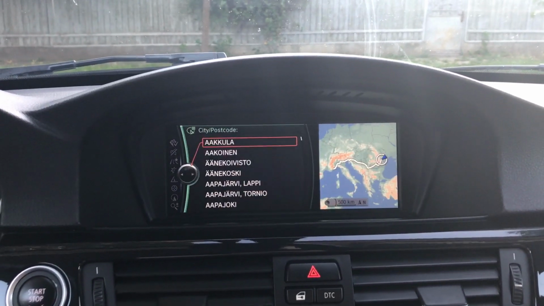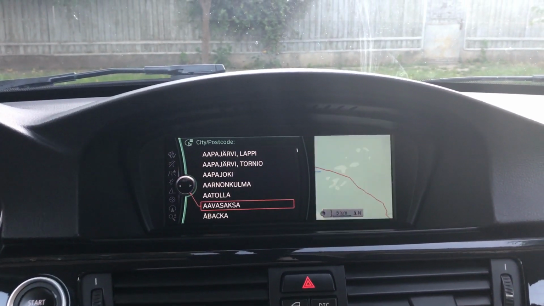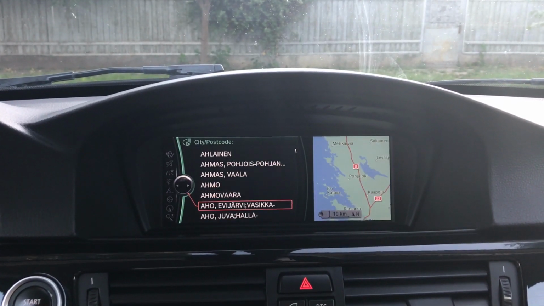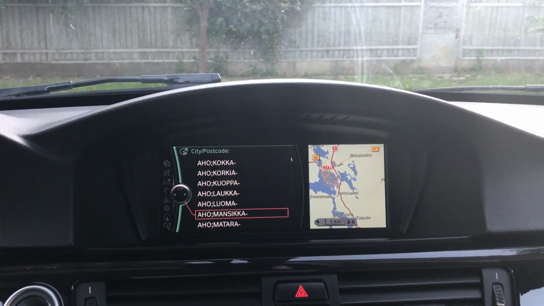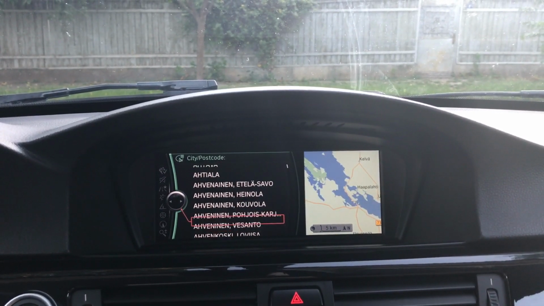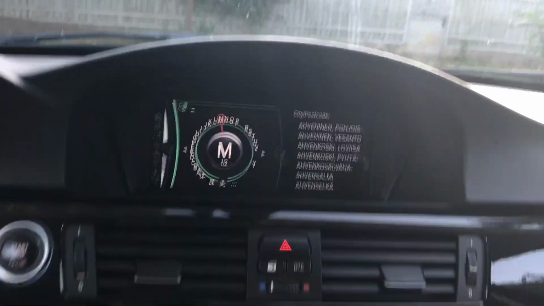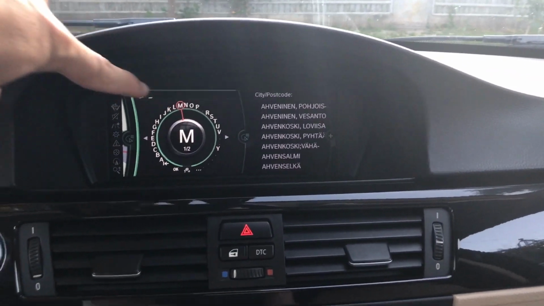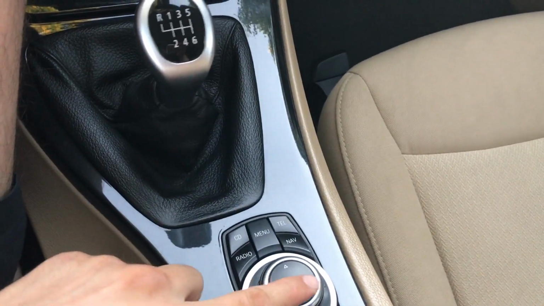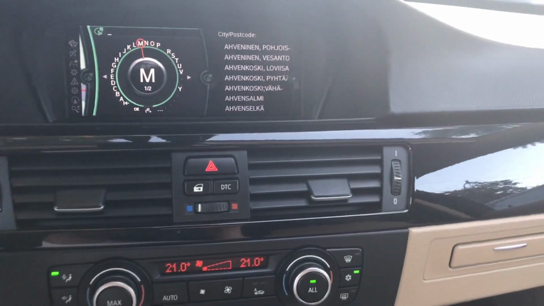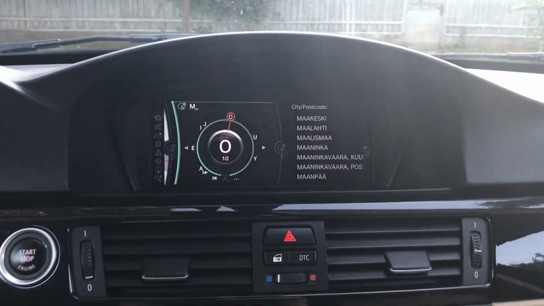I don't know that many cities in Finland, but we're gonna choose some well-known city. Let's say Malmo. Oh my god, let me see. If you don't know how to navigate from these screens back and forth, you just have to click your knob back and forth, left to right. So I'm gonna say M-A-M,